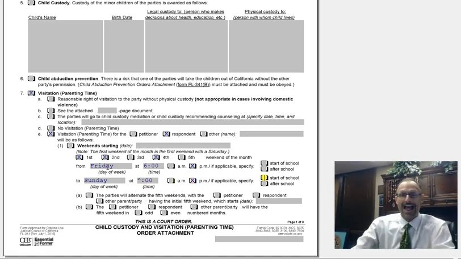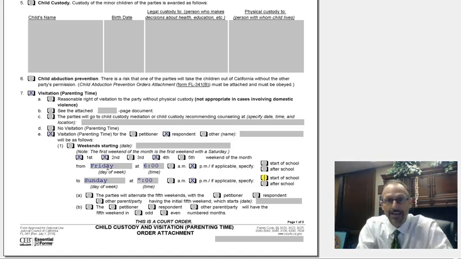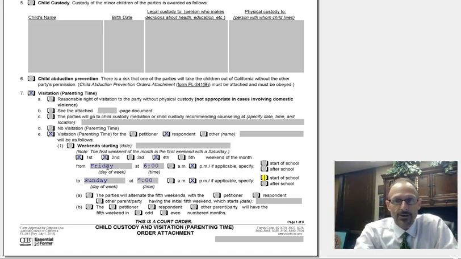Or it could be Friday after school to Sunday at 6 p.m. Or it could be Tuesday, the 1st, 2nd, and 4th weeks. Anyway, it's whatever it is. Go ahead and put in there whatever it is. We could do a million different examples. Then, if you can mark